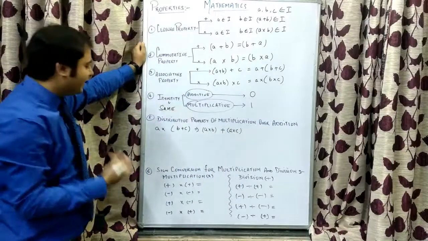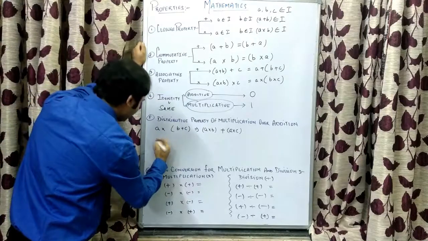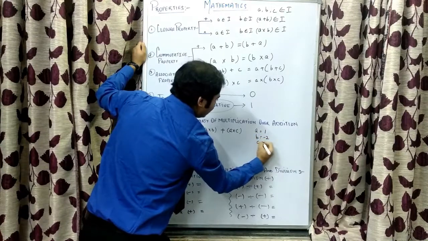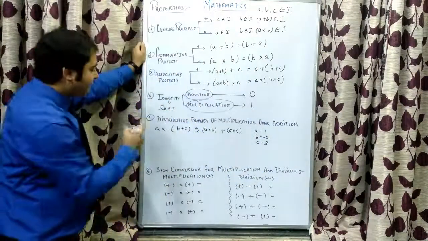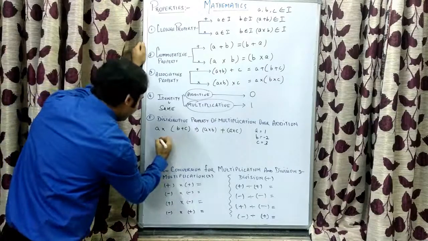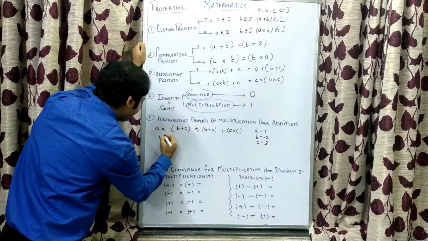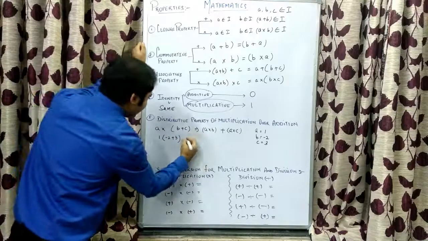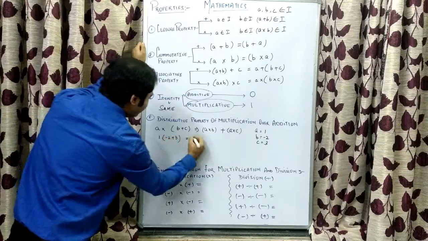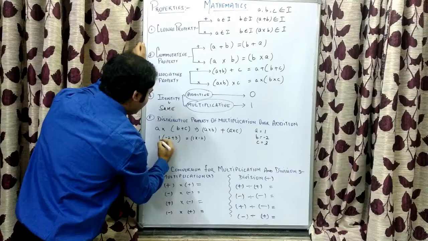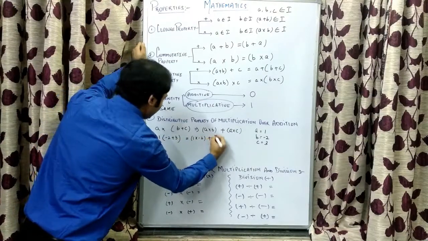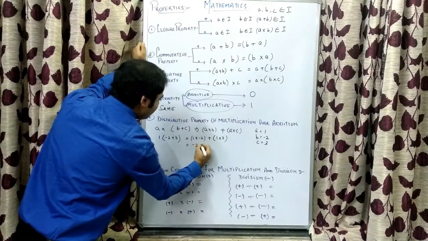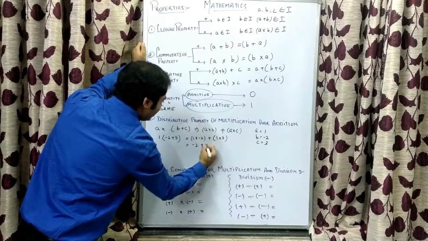We understand this law with the help of one example. Suppose value of a is 1, b is -2 and c is 3. Right? By applying distributive law, we'll write 1 underneath a, for b we'll write minus 2, for c we'll write plus 3. The law says multiply a by b first, that is 1 into minus 2, plus multiply 1 by 3. 1 into minus 2 is minus 2, plus 3 into 1 is 3.